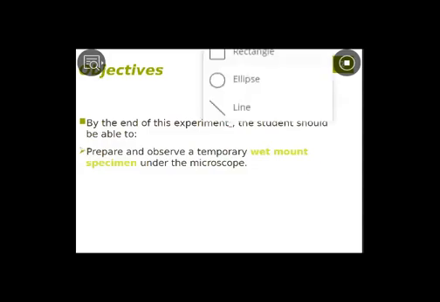Today we are going to make a specimen. What is a specimen? A specimen is also called a mount. This specimen is of two types. One is daimi, permanent. Yani we make the specimen one time and we can use it for a long time. The second type of specimen is called temporary